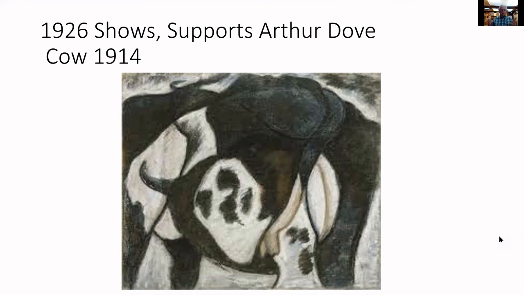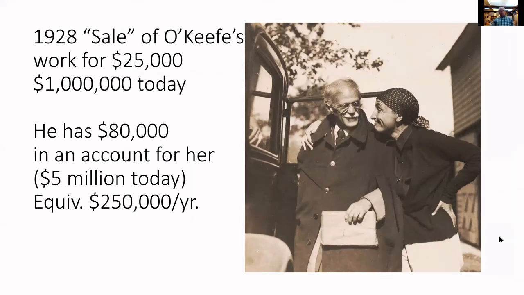He gets the money together, which is a huge amount of money, and Dove becomes a name. He's in all of the collections. He's terrific. In 1928, he works a sale of George O'Keeffe's work to a guy who's marrying a wealthy heiress for $25,000 for 4 pieces, which would be $1 million in today's money, publicizes all this, and then they don't get married and the sale falls through. But he gets the publicity. She gets the publicity. So she's probably the first American to sell 4 paintings for $1 million, essentially.